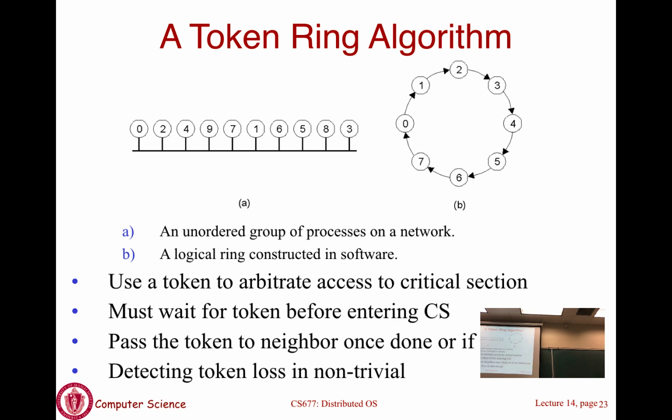You can assume that users will do whatever they want, right? So if you can't regenerate the token, now no one can transmit on your LAN. You are going to be stuck because somebody turned off the PC, so you can't browse the net. So these things can't happen. You've got to regenerate the token. But there were built-in techniques that said, I can regenerate the token if I haven't seen it in the maximum timeout value, which is the max time you can hold the token on each node